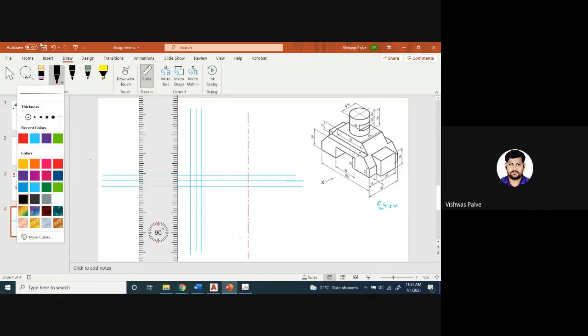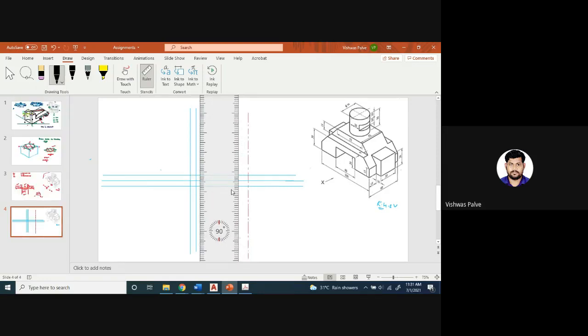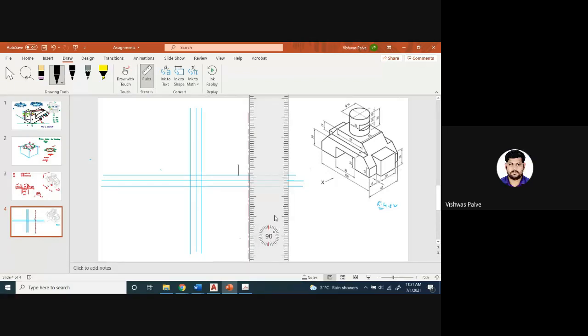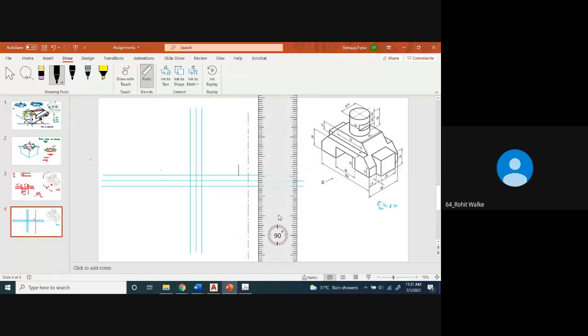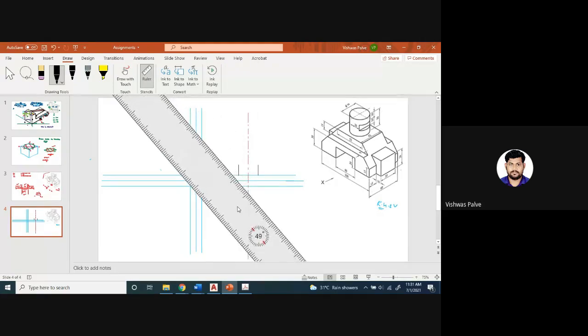So I will start with this. I will take 20 millimeter on the right side and 20 millimeter height I will take. Okay, similarly 20 millimeter on right side, 20 millimeter on left side. I will draw a horizontal line.